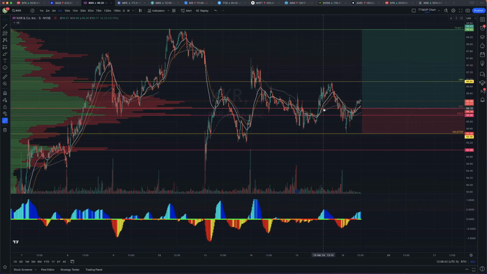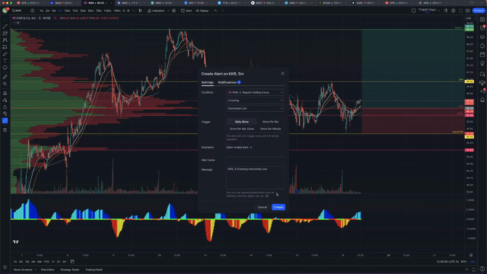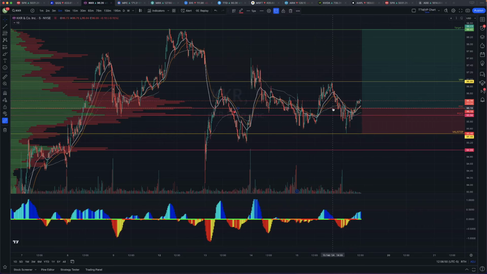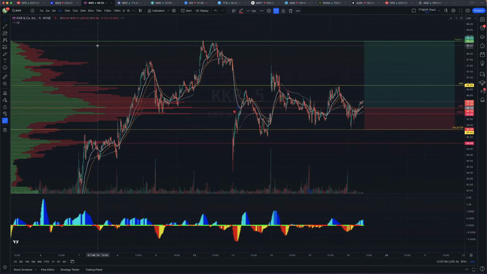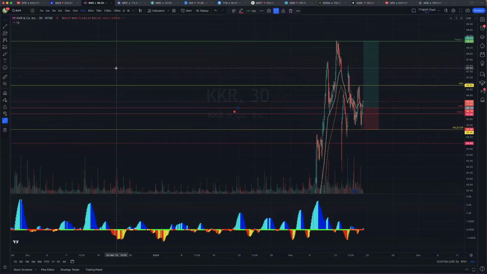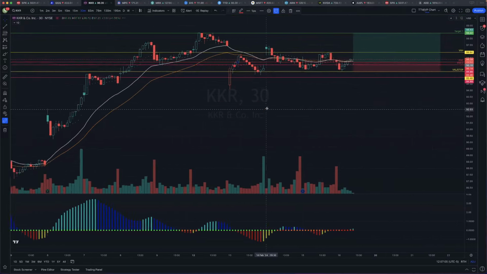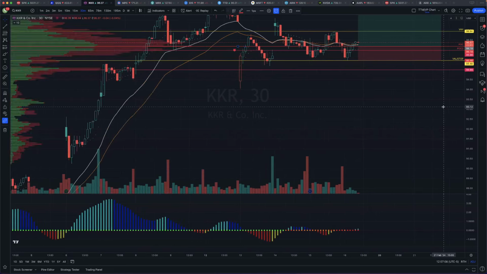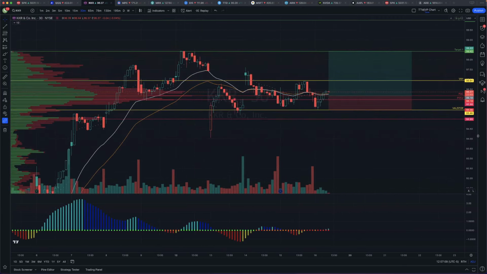Okay, so I'm going to also right click that line, and I'm going to add an alert on that line so it lets me know when KKR has gotten to 96.18. Okay, and because we are playing a 30-minute chart, if we get a little bit of a pullback to that area on this chart today, I'm going to go to my option chain on KKR,